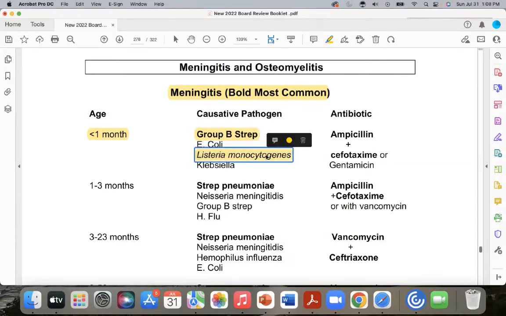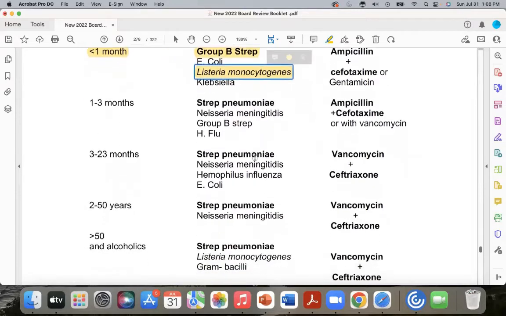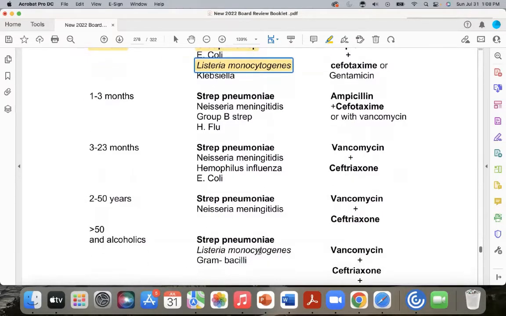Listeria. All right, guys. I want you to get to know this bacteria, because you'll see this on all the test questions, and they really are trying to jack you up on this one, right? And I always say, when they try to jack you up, what do we do? Well, we jack them back, right? So Listeria is this bimodal bacteria. It shows up when I'm really young, and it shows up as I get older. So it's bimodal. Got it?